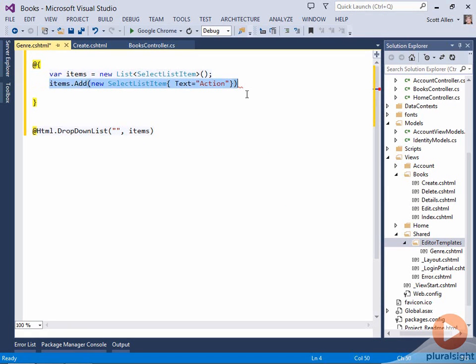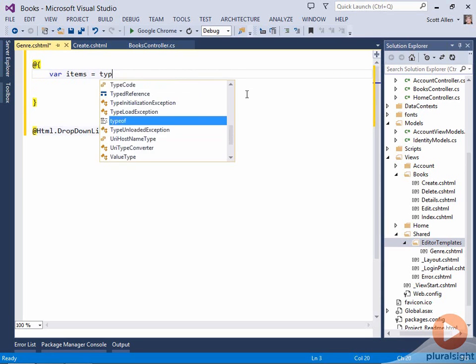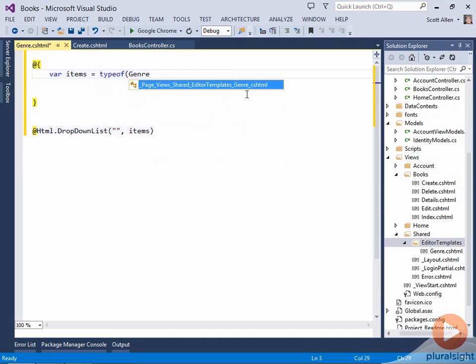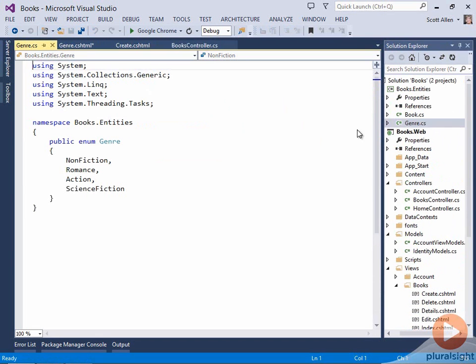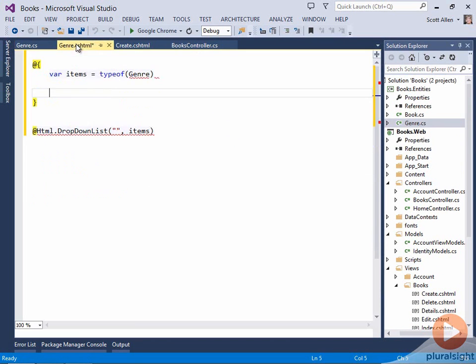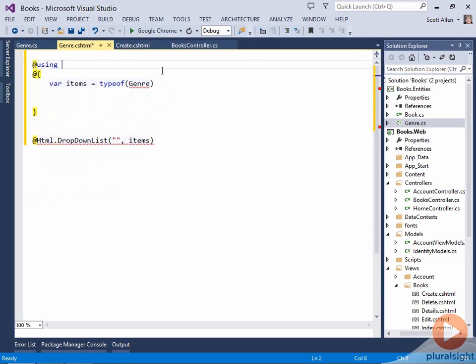So instead of building this manually, what I would like to do is somehow build that information using the enum type. In other words, I would actually like to reflect over the Genre type and find out what names are inside of here and what values are associated with each name. So I want to be able to see Action as a name, and the default value for that should be a 2. So it might be nice to take something like the Genre type, which is in a different namespace. So let me add a using here for